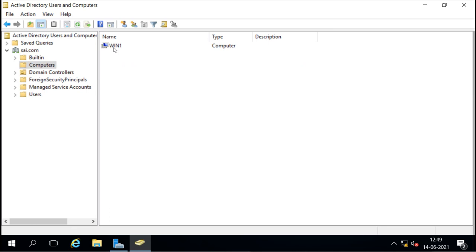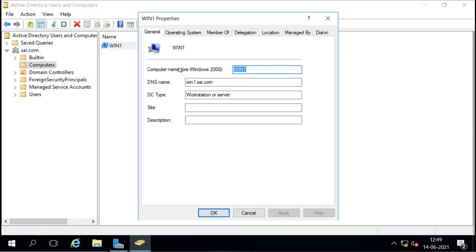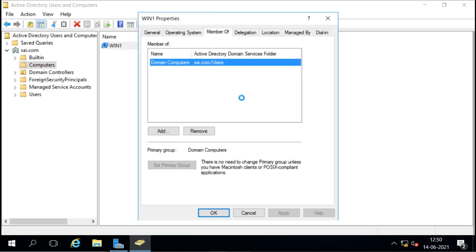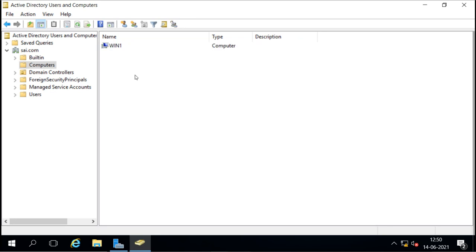So this machine is now a member of this domain. If you open the machine account here, you can see the information about this account. This is the name of the machine, the operating system, Windows 10 Pro version, and the other information. So now we have made this machine a member of this Active Directory domain. This is how we make a Windows 10 machine a member of this domain.